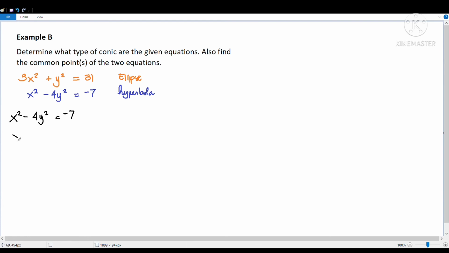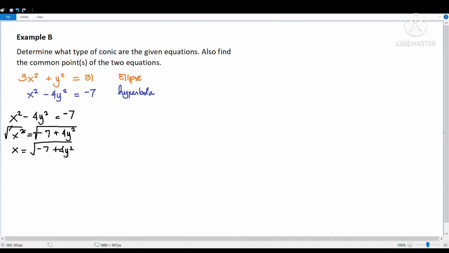So we have x squared is equal to negative 7 plus 4y squared. And then we have to eliminate this power, so I will be using square root on both sides. So cancel out this, and x is equal to the square root of negative 7 plus 4y squared. After that, I have to substitute this